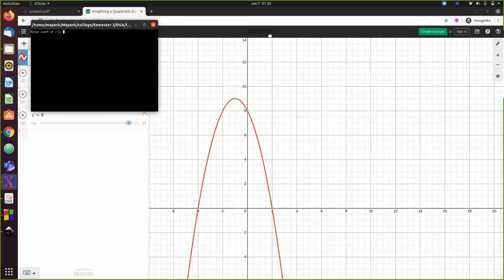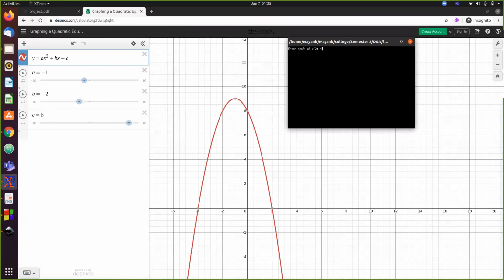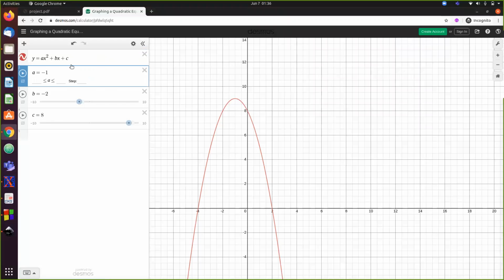So here we have a prompt, and I'm going to enter it again. The lower limit could be anything, like suppose minus 5 to 100. Now we are given a quadratic equation which is correct, the interval, and most importantly the maxima. So we can clearly see that. Now we can even try this for some other values.